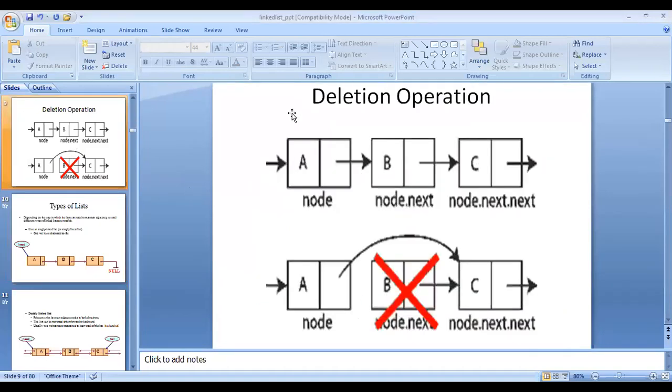So the deletion operation, if you observe, if you want to delete an element, you can delete. The constraint here itself is, when you want to delete any